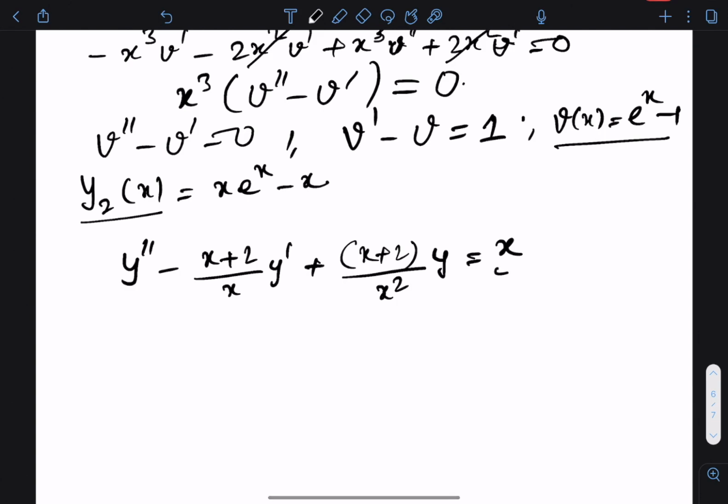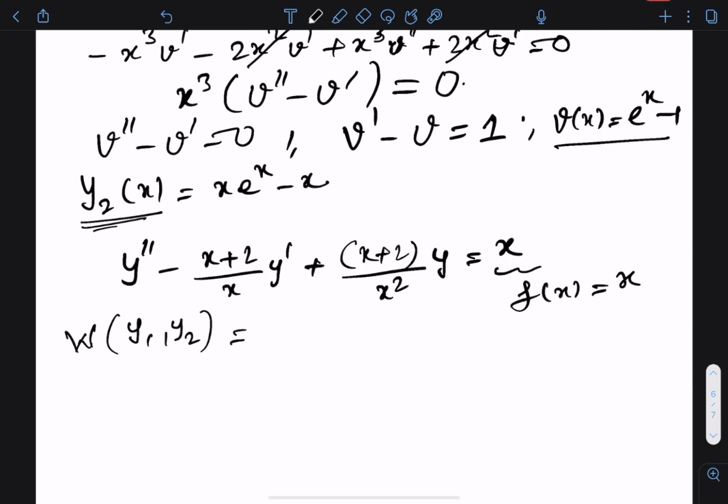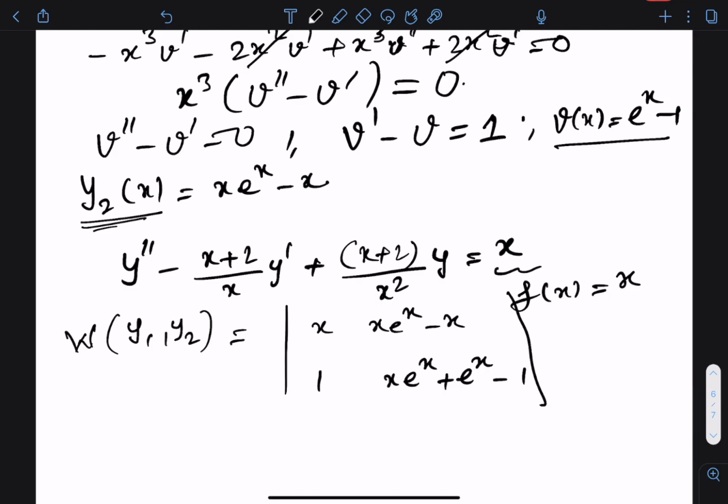In this case, your right hand side f of x is x, and now you are given y1 and y2, solutions of the homogeneous problem. So if you look at the Wronskian of y1 and y2, y1 is x, y2 is x e power x minus x, y1 prime is 1, y2 prime is x e power x plus e power x minus 1, right? And that's equal to